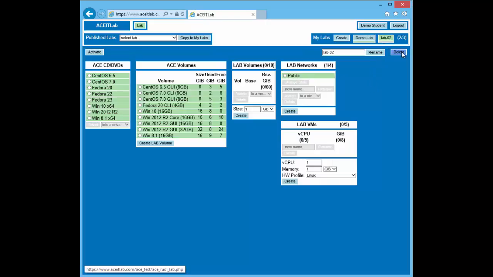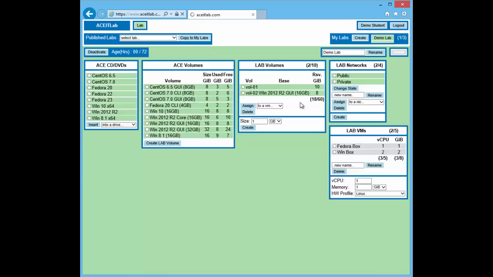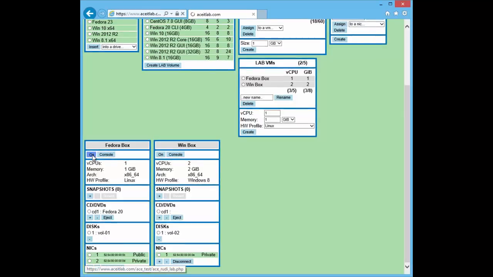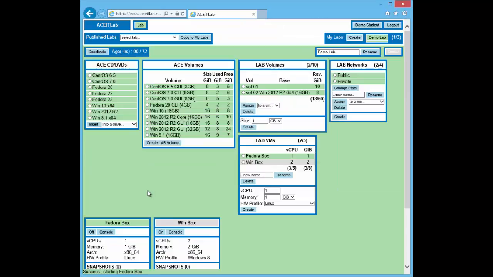You get me? I'll delete lab 2. So there we go, back to lab, back to Demo Lab. Now we have these 2 machines, and I can start using these as a lab environment. I can turn the machine on, or I can go to its console. I can turn the machine on, and then if I go to its console,